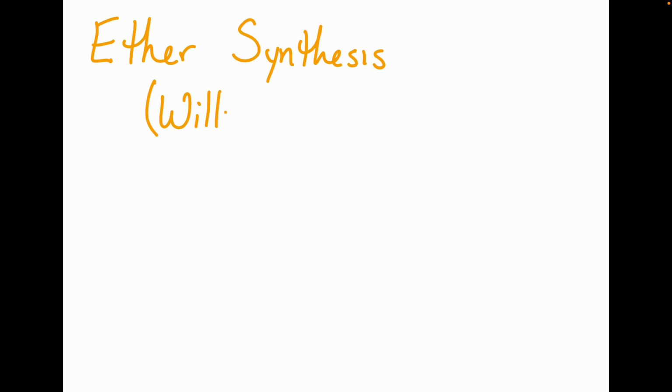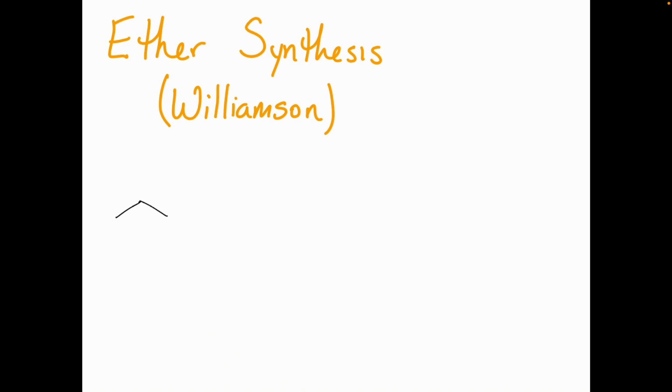Okay, this method was developed by a scientist with the last name Williamson, so we call it a Williamson ether synthesis. And it actually just uses reactions that we've studied up until this point. So if we start with an alcohol, and we treat it with sodium hydride, NaH,